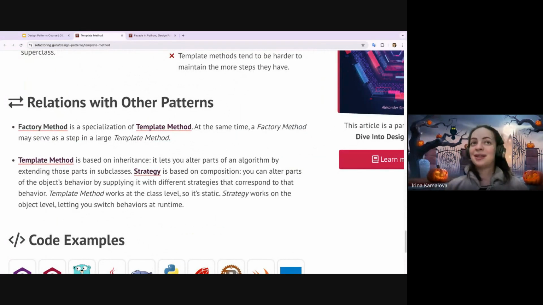Relations with other patterns. Now we again think about our creational patterns, and we had factory method, and now we have template method. And again, the same story with Facade. Basically, you can think about them as alternatives. So we would say factory method is one kind of template method, but template method could have several factory methods